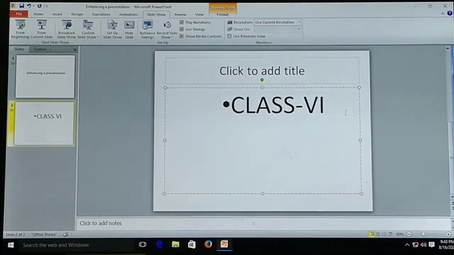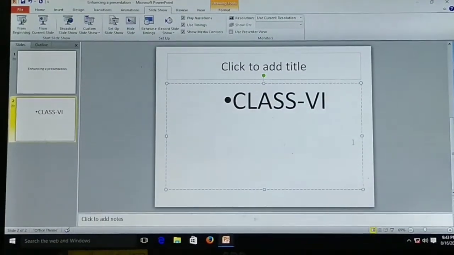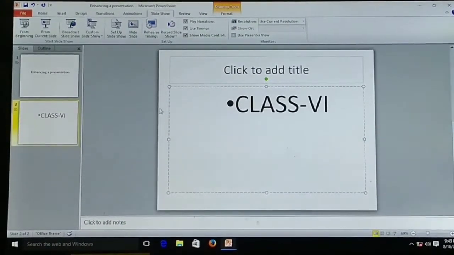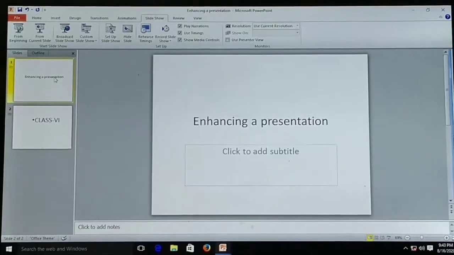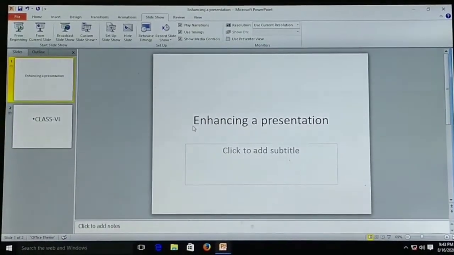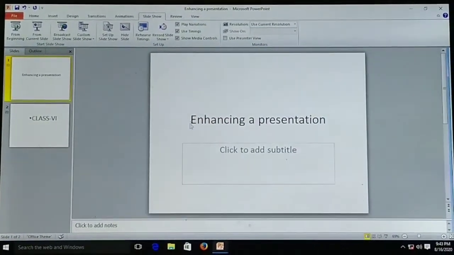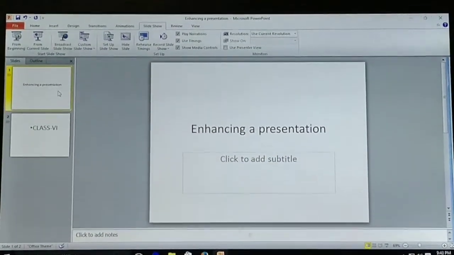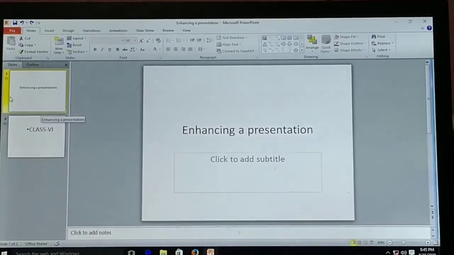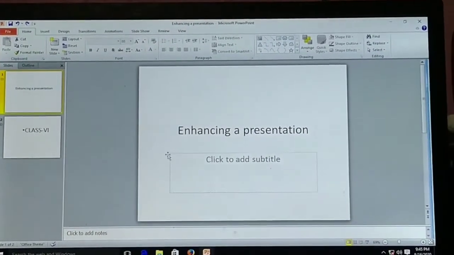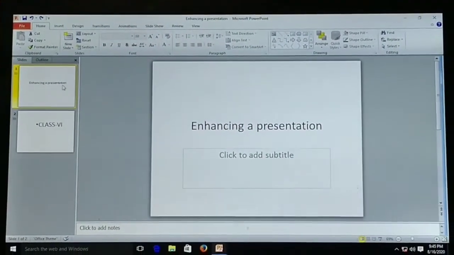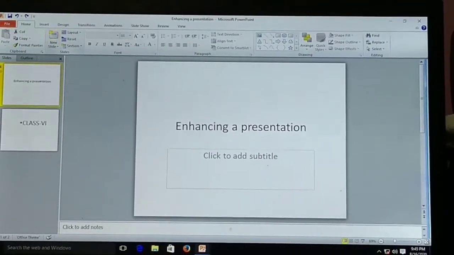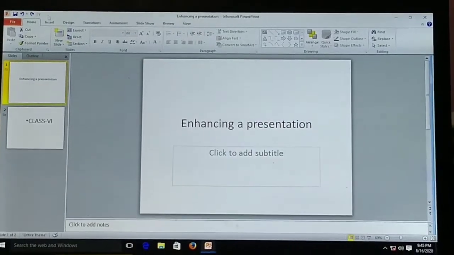For that you have to click on the slide to which you want to add the sound. Suppose I want to add any type of sound on this slide, so I will select it. I have selected slide number 1, Enhancing a Presentation, and then after, since it is selected, we will go to the Insert tab.